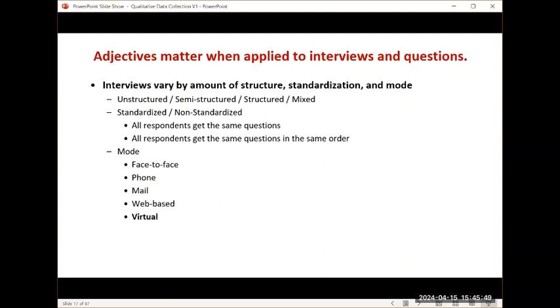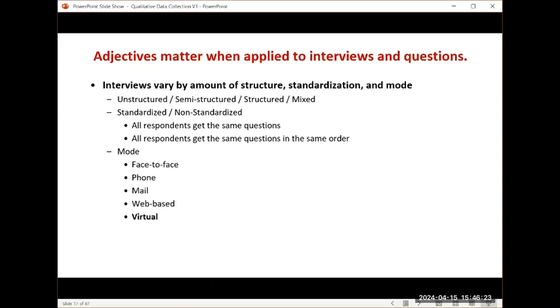So there's a notion that face-to-face is always better. I'll point out that as soon as you hear "always," you know it's wrong, right? Face-to-face may be useful at times, but it's super expensive. It often is extremely biased because the people you can meet face-to-face are a subsample of all the people you could possibly meet, because of their schedules and all the constraints on your respondents.